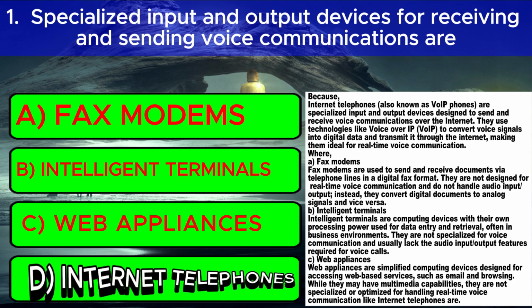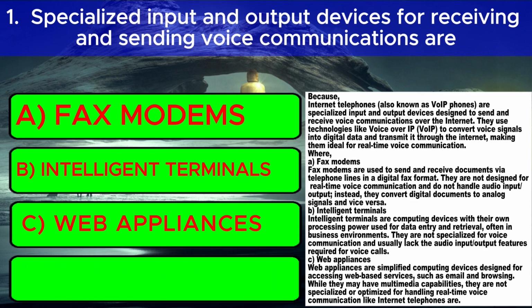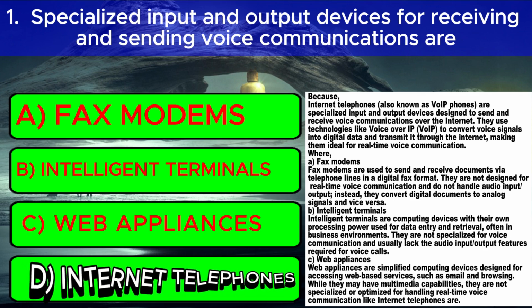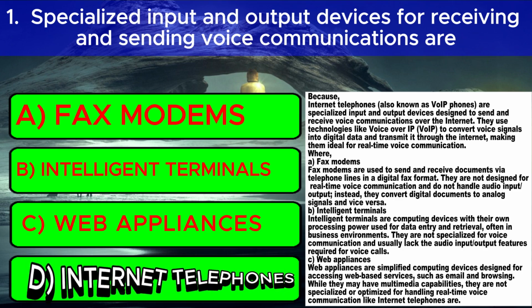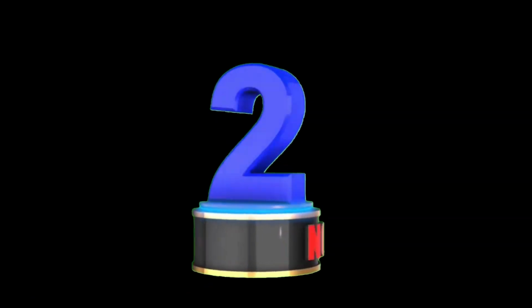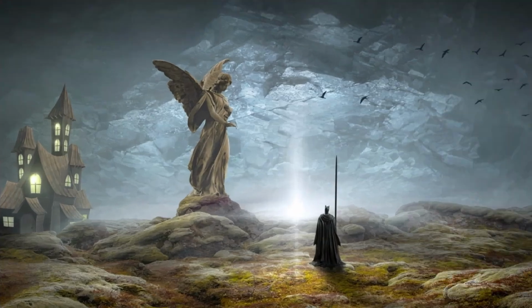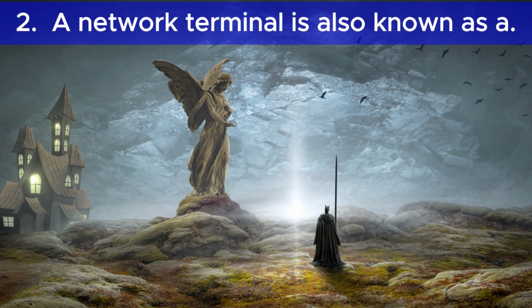C. Web appliances. Web appliances are simplified computing devices designed for accessing web-based services, such as email and browsing. While they may have multimedia capabilities, they are not specialized or optimized for handling real-time voice communication like Internet telephones are. Question number 2. A network terminal is also known as a